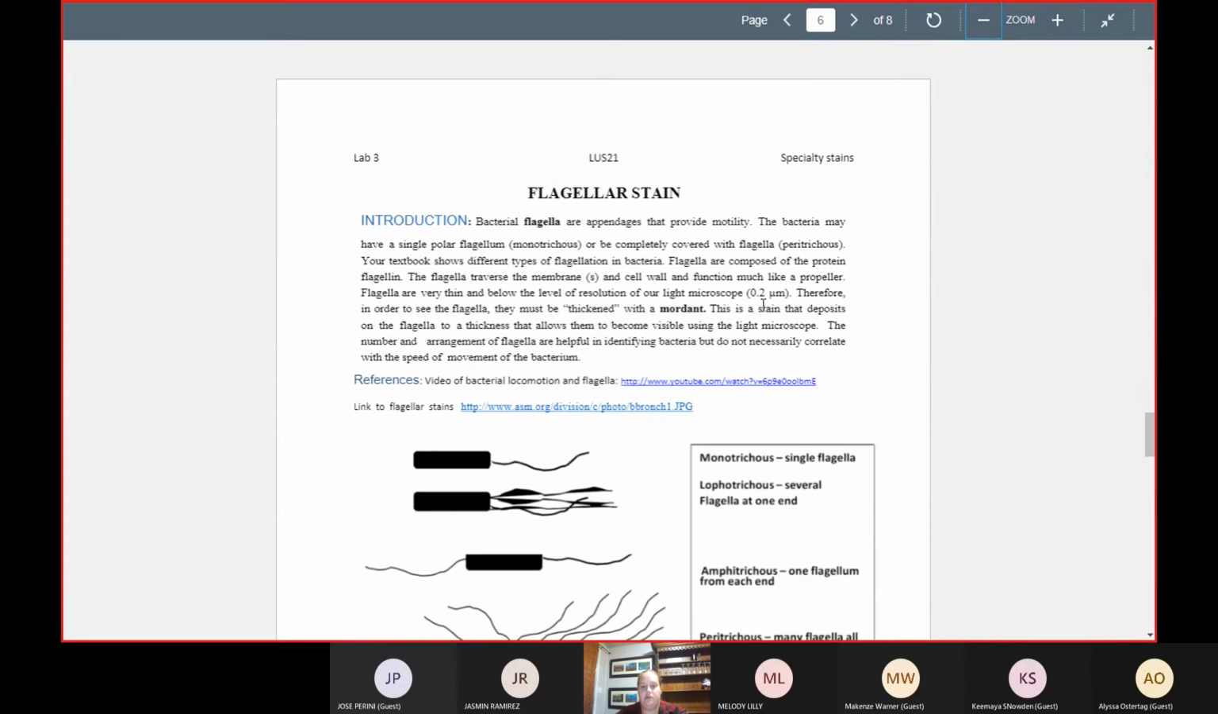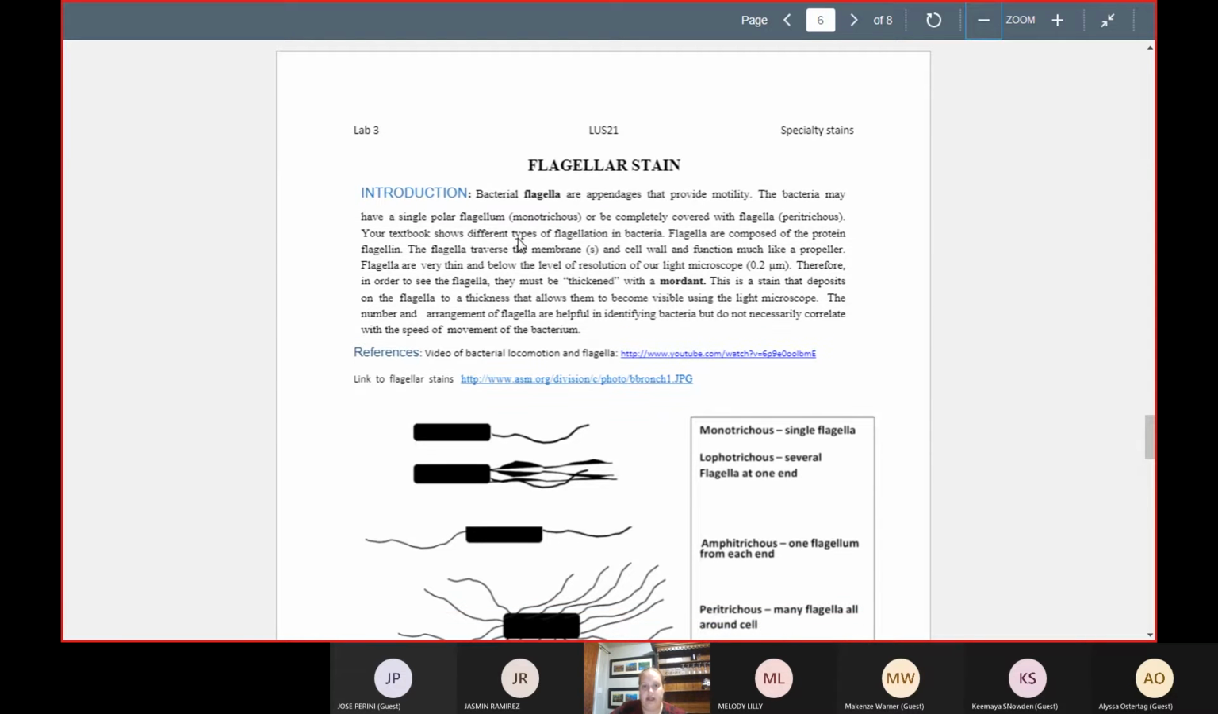The third type of stain we're going to talk about is a flagellar stain. So bacteria have different appendages that are used for movement, and these are known as flagella. And there's different types of flagella. The reason why this is considered a specialty stain, like the previous two that we're talking about, is that it